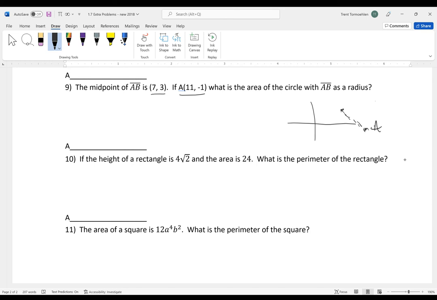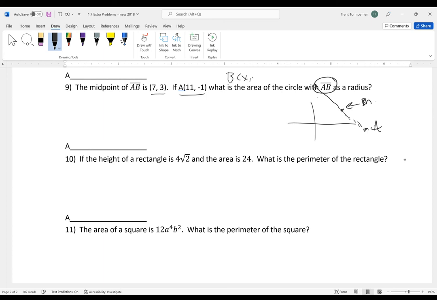It says, what is the area of a circle with AB as its radius? So this point is not B. That point is the midpoint of AB. So B is up here. And there are a couple different ways that you can do this, but maybe the most straightforward way is to